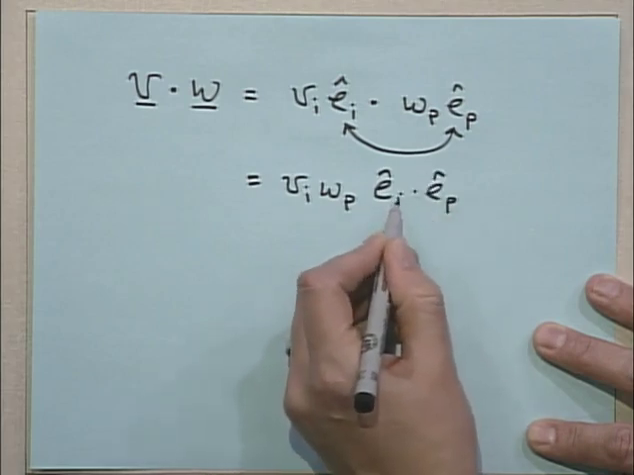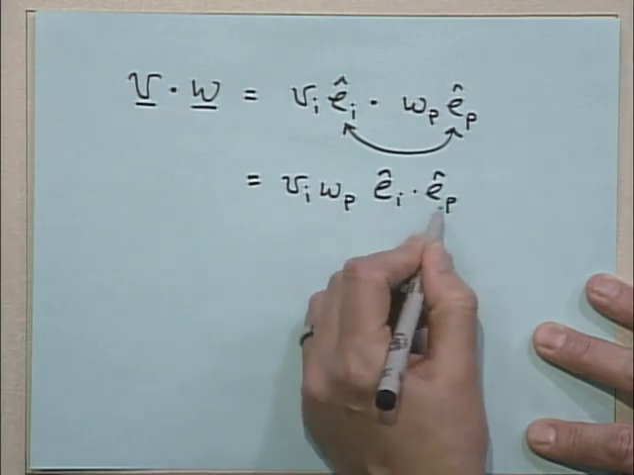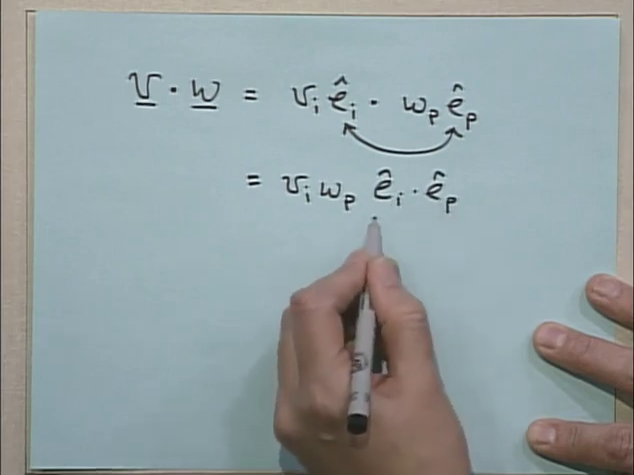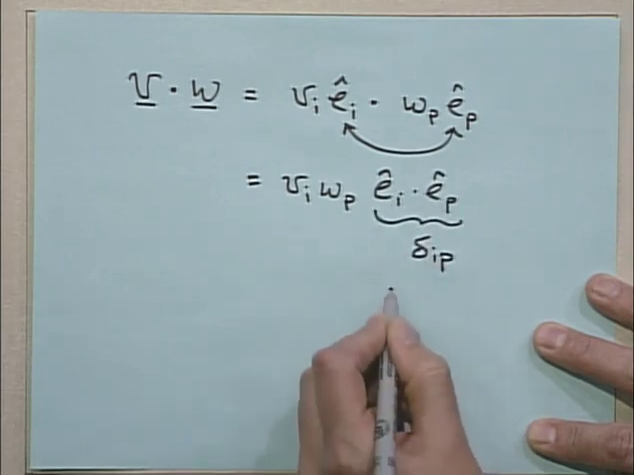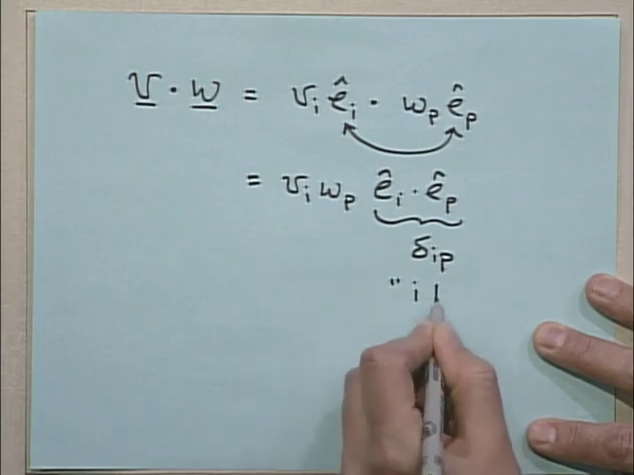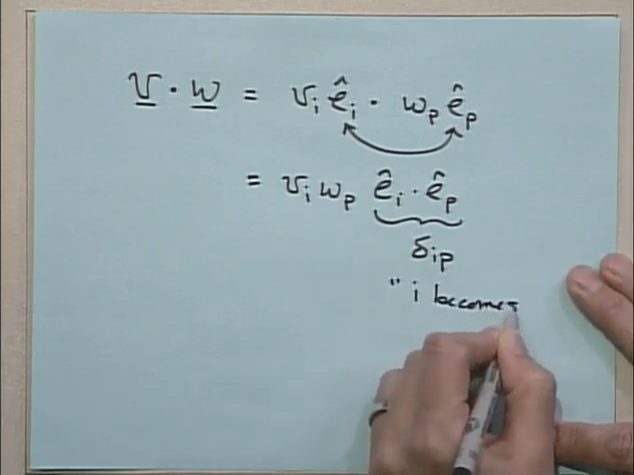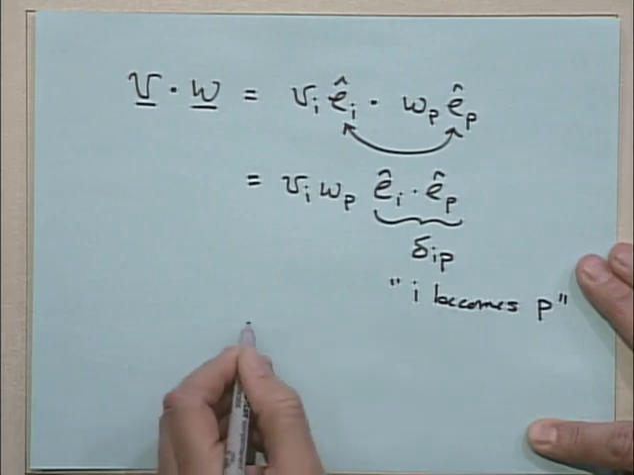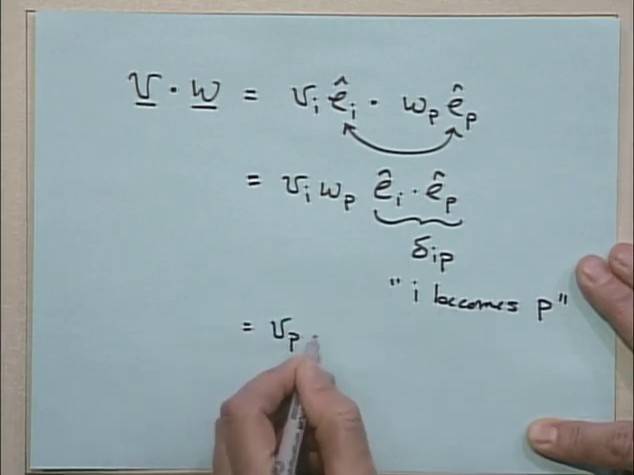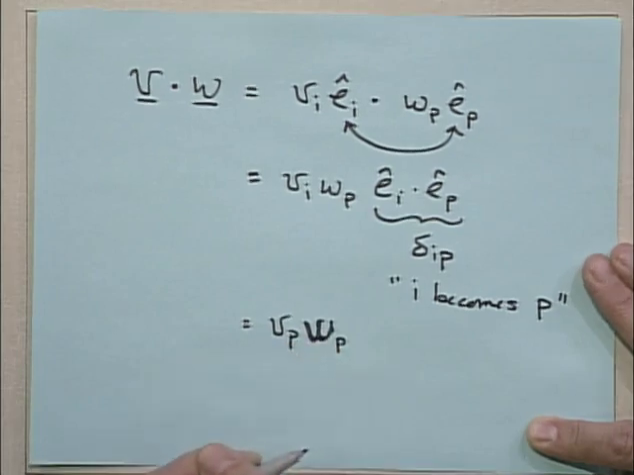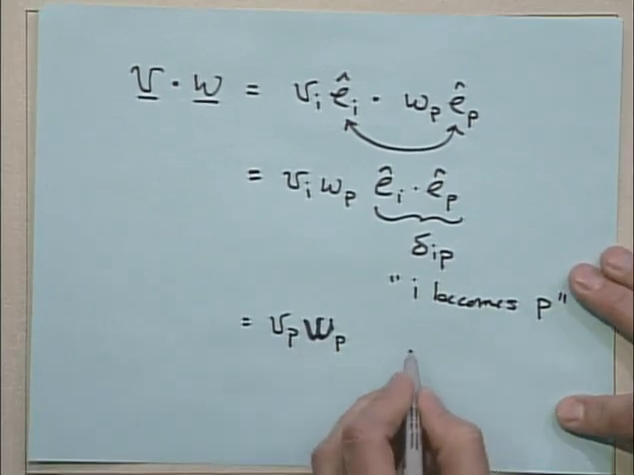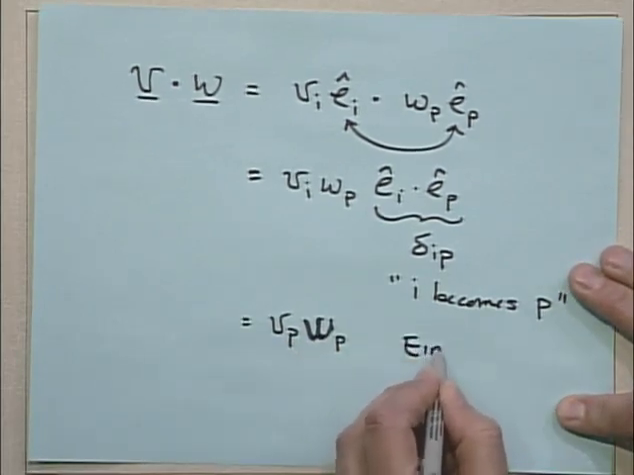And the dot product, as we saw from the notes, the dot product of two unit vectors, e_i e_p, is equal to the Kronecker delta_ip. And I read that as i becomes p. So if i becomes p, then this must be v_p w_p. That's my final answer. And then the Einstein notation rule